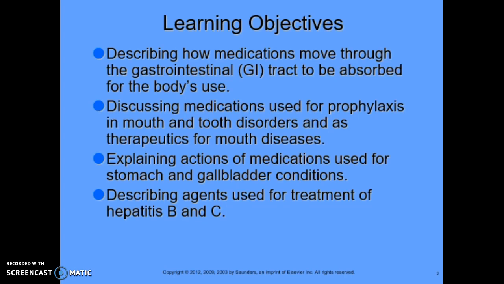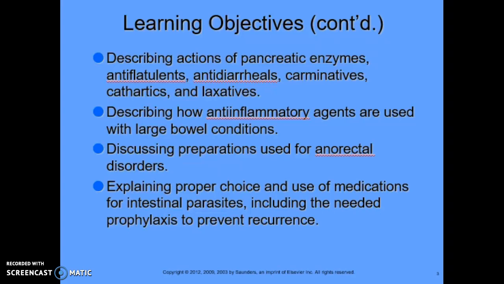the body's use, discussing medications used for prophylaxis in mouth and tooth disorder and as therapeutics for mouth disease, explaining actions of medication used for stomach and gallbladder conditions, describing agents used for treatment of hepatitis B and C, describing actions of pancreatic enzymes, antiflatulence, antidiarrheals, carminatives, cathartics, and laxatives, describing how anti-inflammatory agents are used with large bowel conditions,